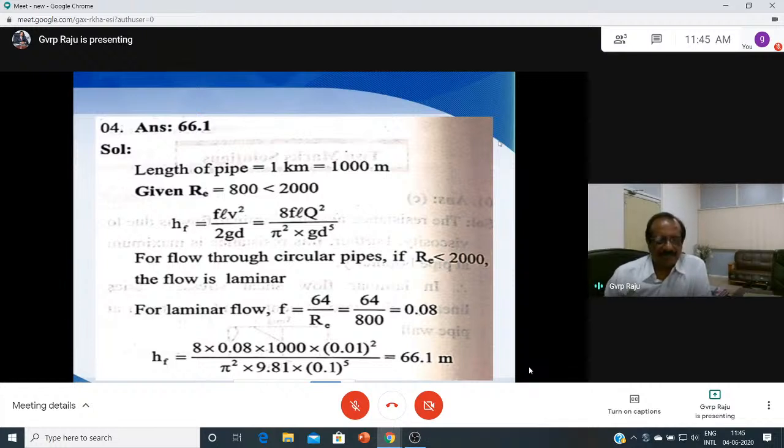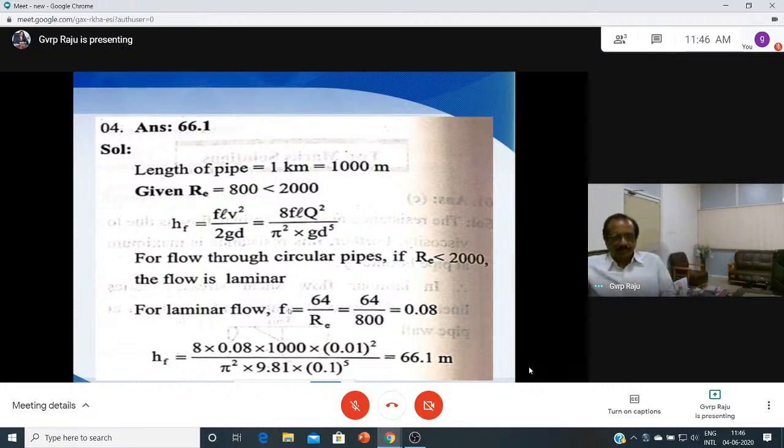So this is hf equal to fLV square by 2gD, which is also equal to, in place of V we can take Q by area, and Q square by A square. Both are the same here, but in place of V he has taken Q by A. So Q by A, where area is pi by 4 d square, gives 8fLQ square by pi square g d5. Then for flow through a circular pipe, if Reynolds number is less than 2000, you can straight away take the relation between f and Re. So f is equal to 64 by Re, and 64 by 800 is